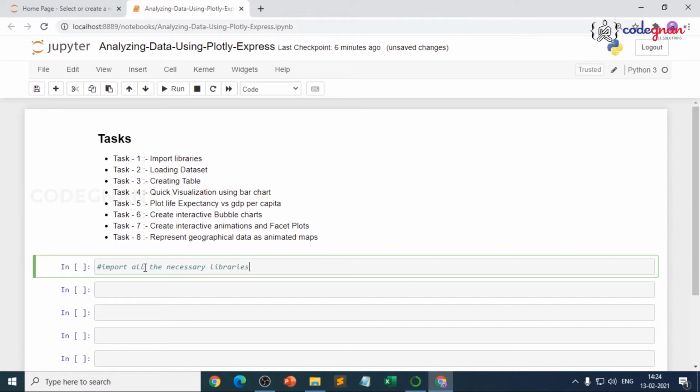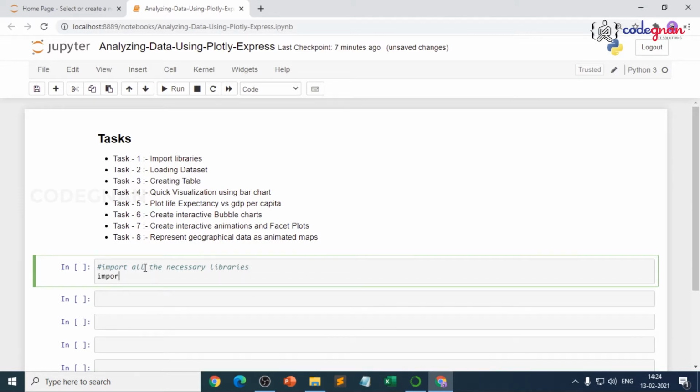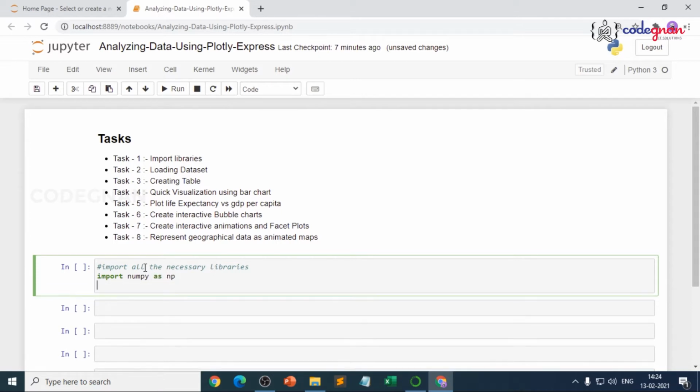Alright, so here we are going to import NumPy as np because whenever you are going for data analysis, NumPy and pandas are important as they provide functionality to handle this data and do some sort of analysis on it. Import pandas as pd.